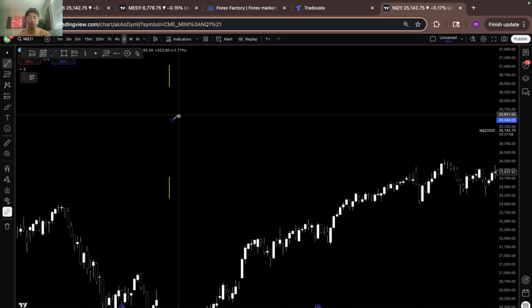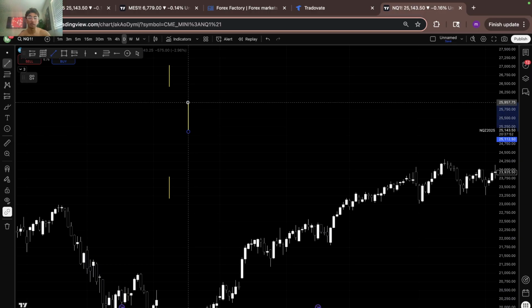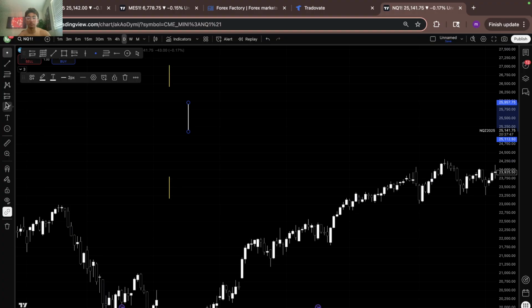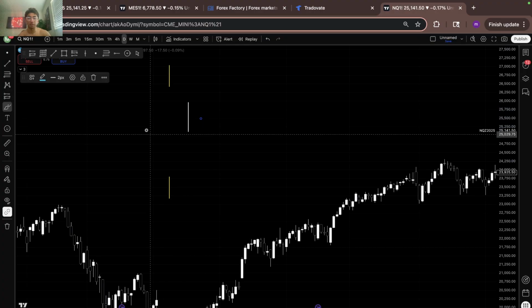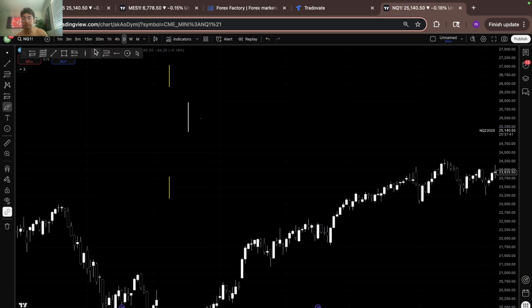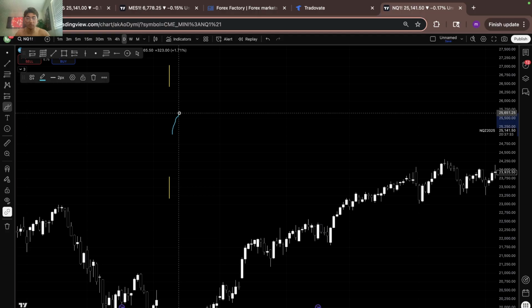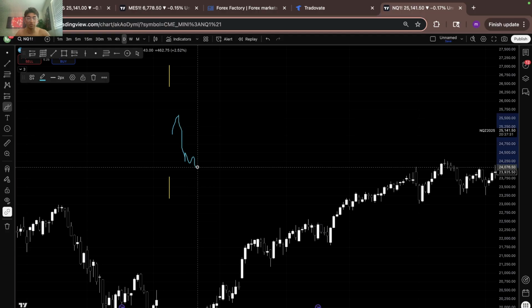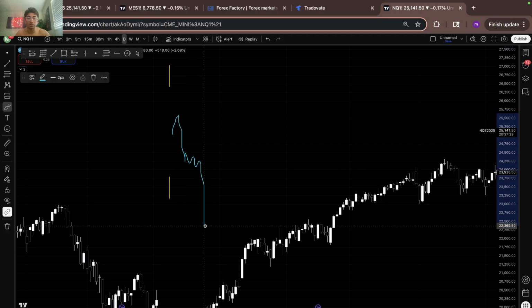However, Monday can actually put in a secondary high as a draw on liquidity, so something like this. Hold on. Delete all that. So we could have Monday trade bullish, Tuesday then trade bearish as well, and then Wednesday trade